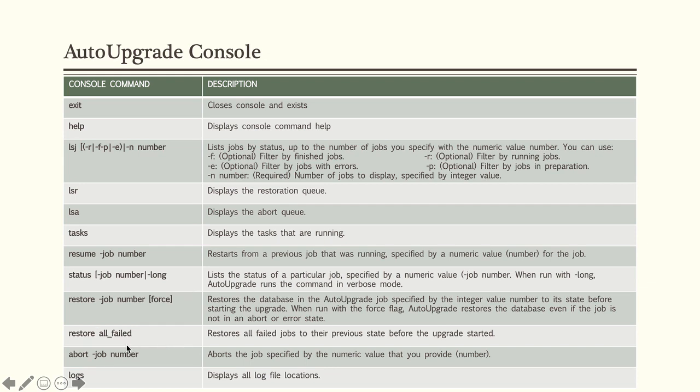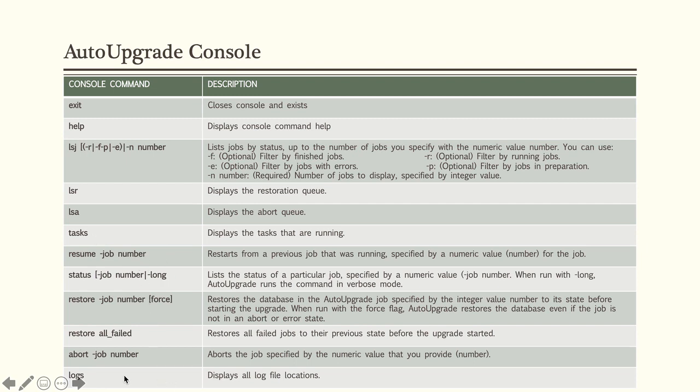If you would like to cancel an ongoing upgrade with a manual intervention, remember I told you the state of an operation could be running, aborted, error, or completed. So if you want to manually intervene and say, oh, hold on, abort that particular upgrade, meaning I am telling it manually not to go ahead with the upgrade because I remembered something in between. Then I went in, fixed it, and I said resume it now. So I can say resume job number. So aborted jobs can be resumed.